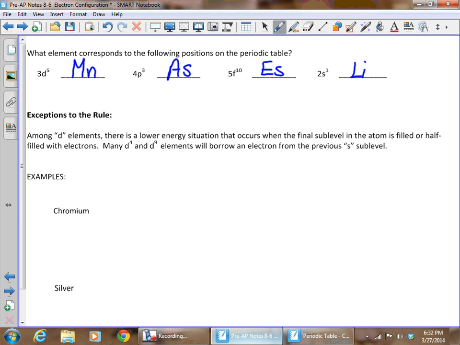The last thing that I want to talk about today, if you have some additional notes on here, we really won't be covering those this year, but there are exceptions to the rule. AP's changing a little bit on how it's going to deal with exceptions to the rule, but we're going to go ahead and look at least the d4 and d9 elements that occur and what happens often with those. When we have d elements, there's a lower energy situation that occurs when the final sublevel in the atom, that d sublevel, is filled or half filled with electrons. So what happens is that many times the d4 and d9 elements will borrow an electron from the previous s